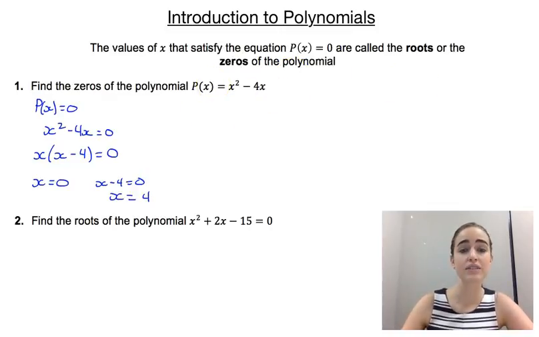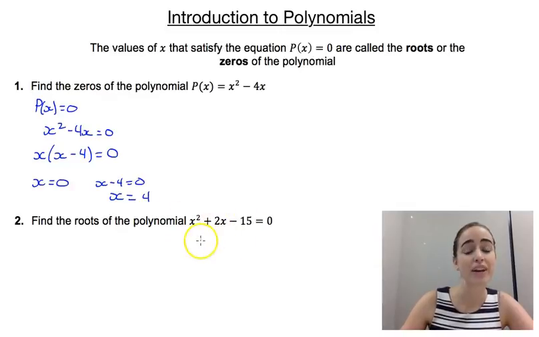Our second example asks us to find the roots of the polynomial x squared plus 2x minus 15 equals 0. So we've already got it written as an equation equal to 0, and now we need to factorize it. There's a couple of different methods for factorizing quadratics, and if you've got a different one to this, that's fine, you can use it. But if we look at the PSF method, we need to find two numbers that multiply to give minus 15, that add to give 2,